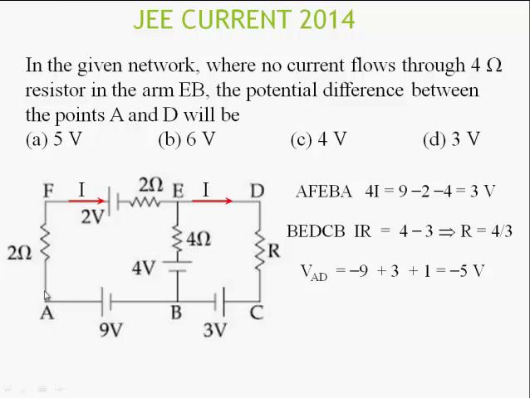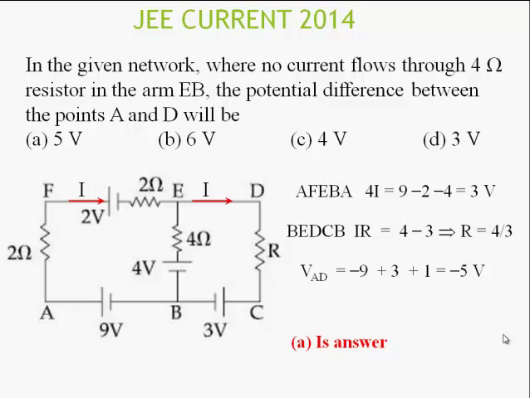You can find D. This is 2 ohm. This is 2 ohm. Current is known to you. That is 3 volt it will become. And then this value 3, 2 and 9, so you will again get the value of 5 volt. So you can use any method, but ultimately the potential across A and D has been calculated. Comes out to be 5 volt. Hence A is the answer.